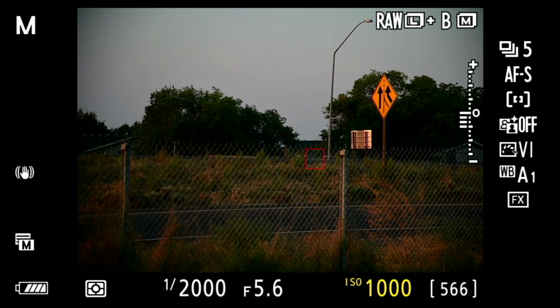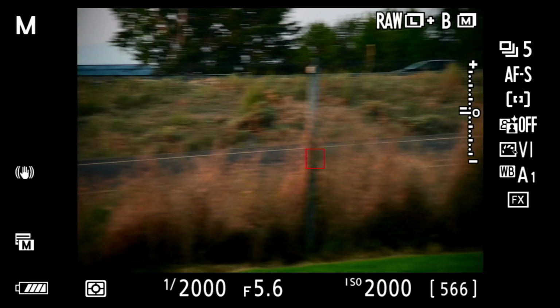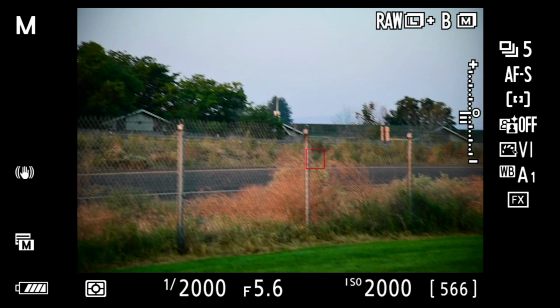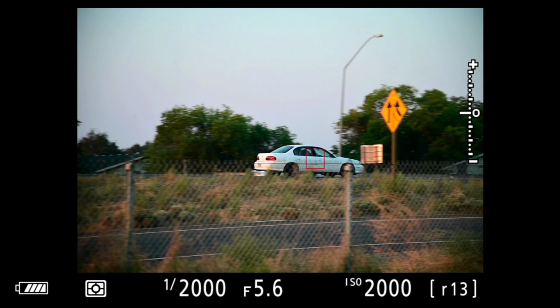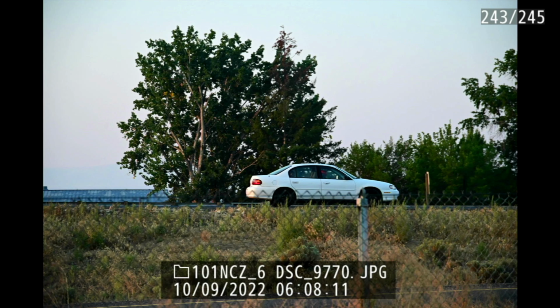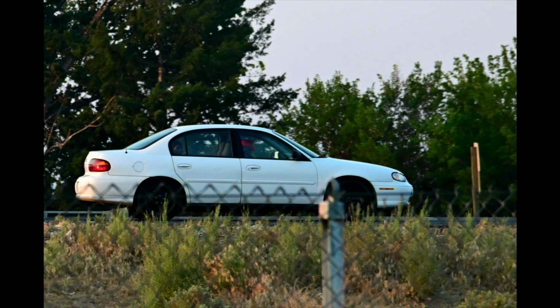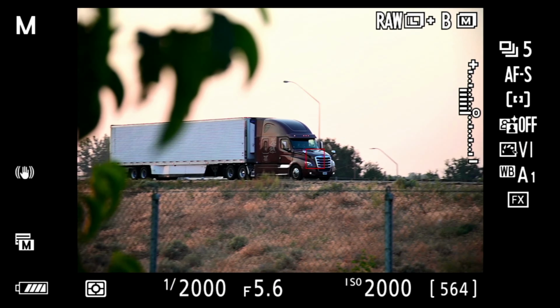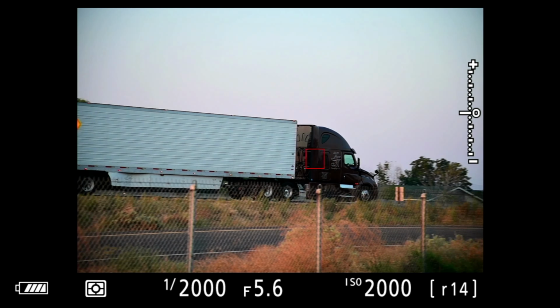Now I'm going to go ahead and boost up that ISO, and let's track a couple of other cars as they approach. And so there's that car right there, nice and sharp. It seems like it's just frozen there. So it is important to understand the shutter speed if you are wanting to freeze motion or you're wanting to